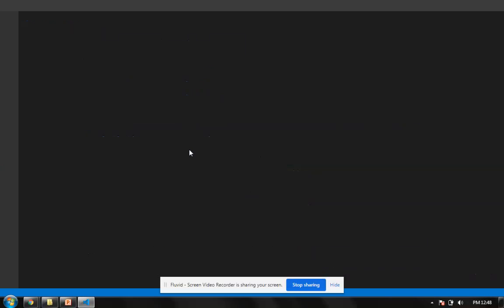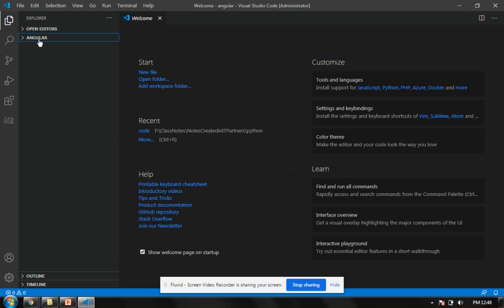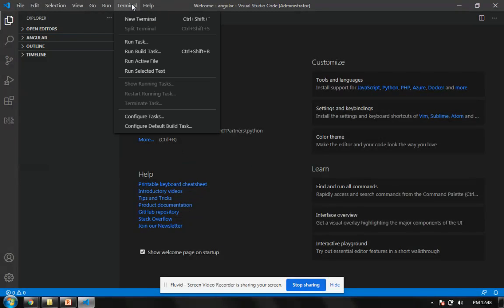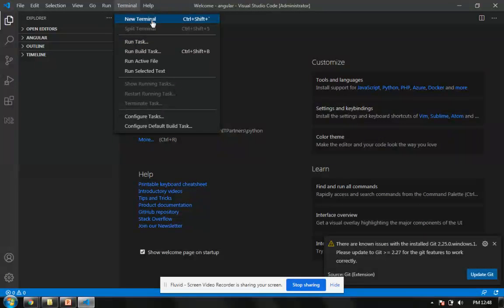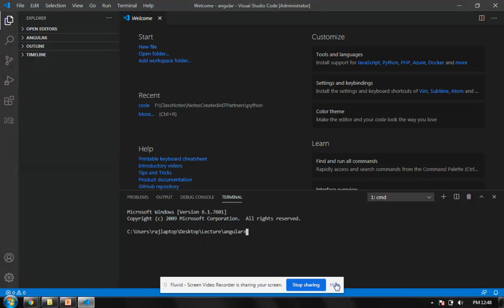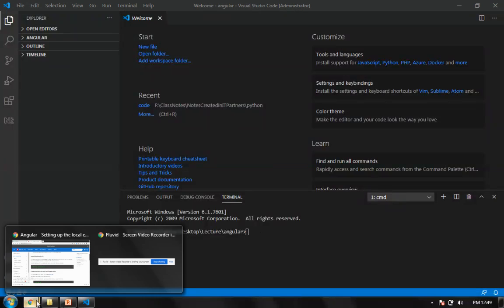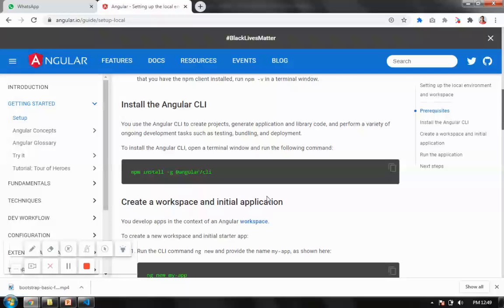When you open your folder for the first time, you'll get this kind of environment. It shows my folder name here, but I don't have anything to interact with. I don't have any file inside it. So I go here and start a terminal. When I start a new terminal, I get a small window below. This window has a prompt. Now if your machine has Angular, you can start working directly. So I assume that I have it, but actually I don't.